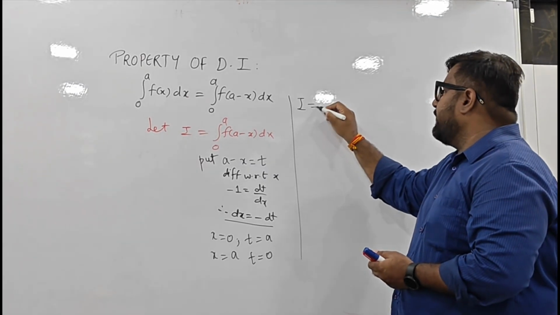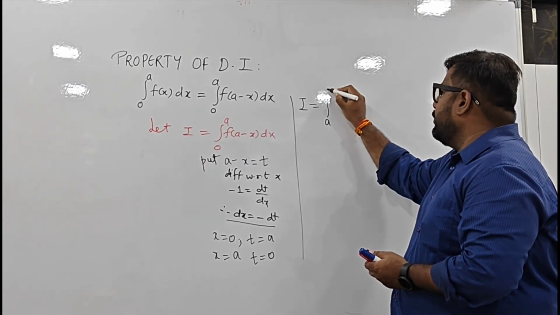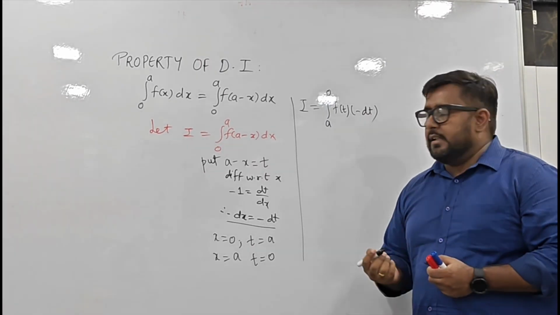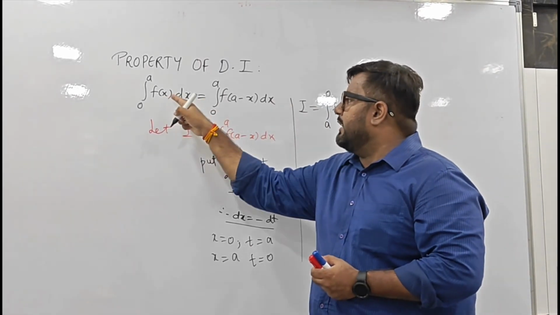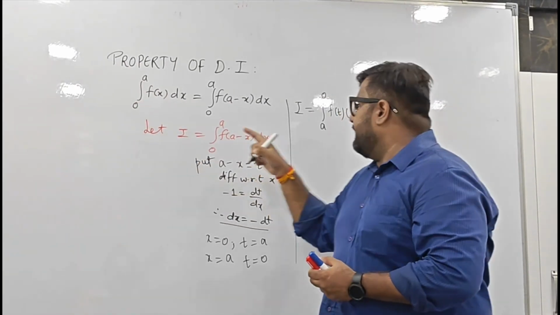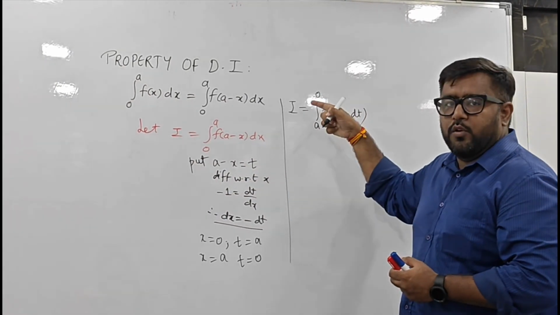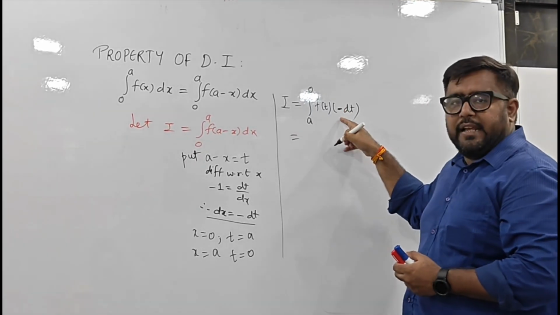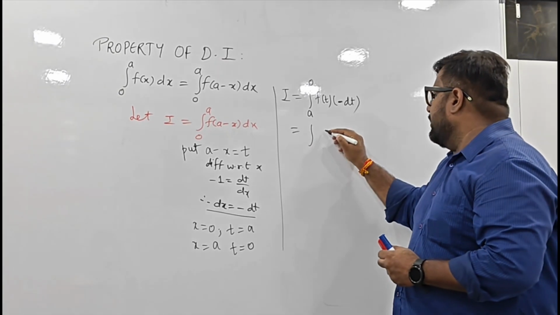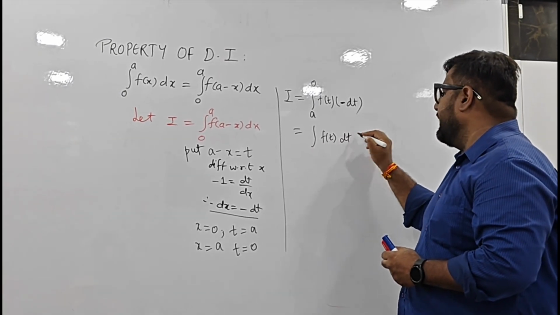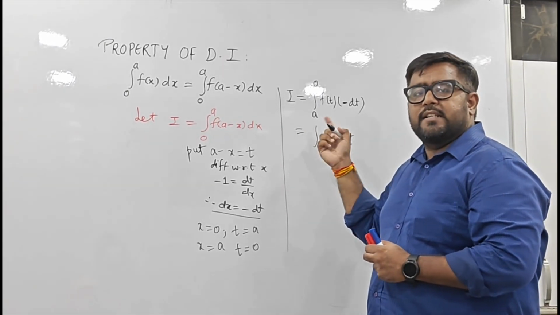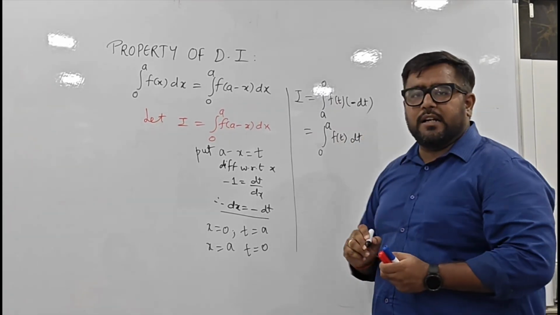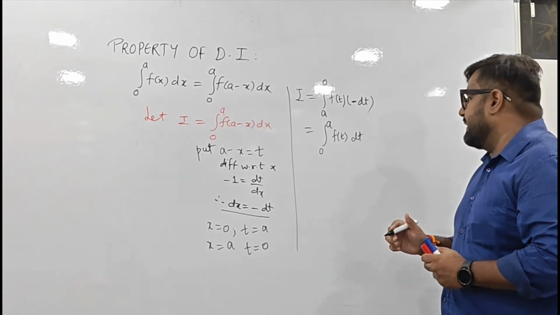So now the new value of I will be integral a to 0 f(t) and minus dt. Now the problem here is, we need to show it from 0 to a, and we are stuck with a to 0. There is a property in definite integration which states that if you remove the negative sign from the integral, so I am just writing f(t) dt, that property states that if a negative sign is removed or added, you can just interchange the limits. So the limits now become 0 to a.